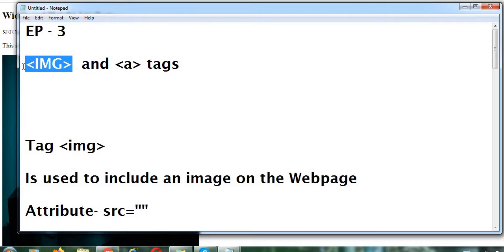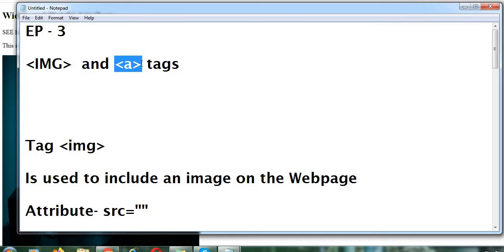How we will do that, we will just go ahead and see. Except the A tag is used to include a hyperlink, or you can say a website link in the website page. If you want to mention a website link, then you can use this tag to do that.